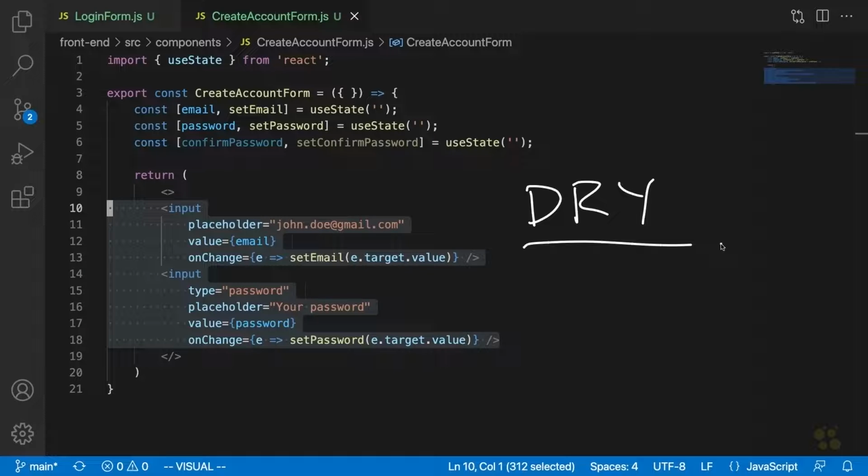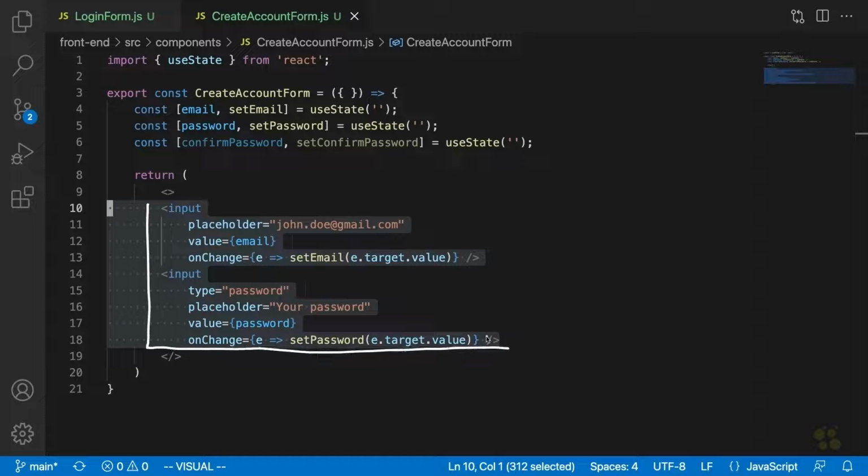Now, don't get me wrong. In general, I like to avoid repeated code if it makes sense. But in our case here, if we wanted to encapsulate these elements that we just copied and pasted from the login form in their own component, the component would be called something like